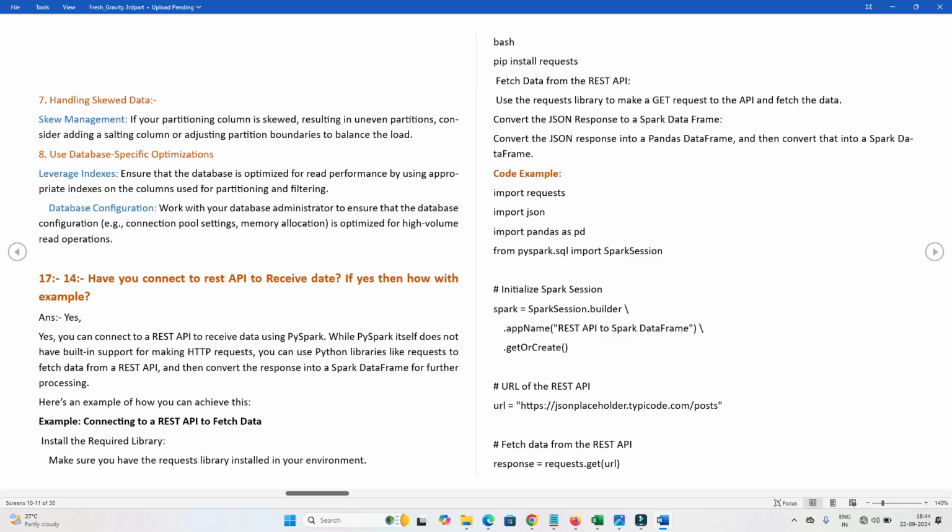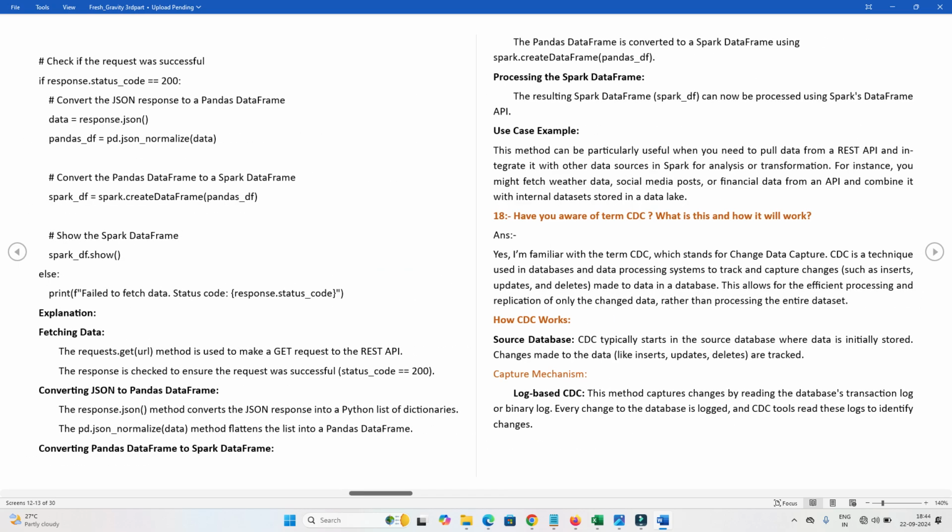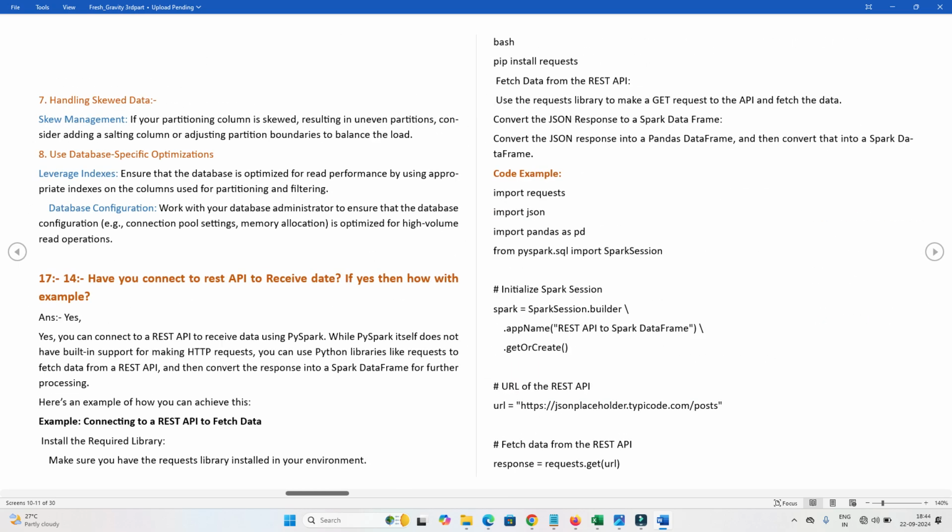For this, I have to do certain activities. First, I have to install the required library. Make sure you have the requests library installed in your environment, using bash, pip install requests. Then fetch data from the REST API: use the library to make a GET request to the API and fetch the data. After that, convert the JSON into a pandas DataFrame,